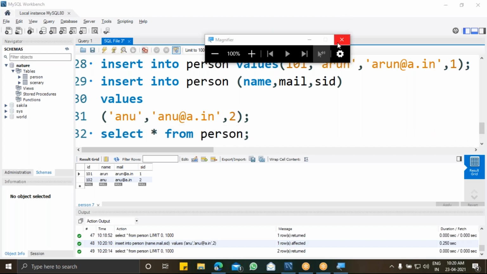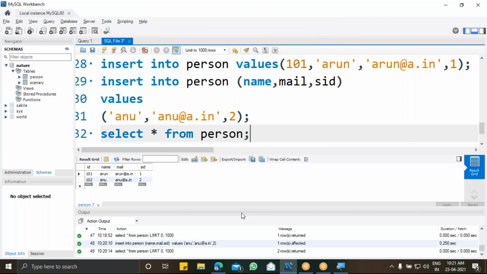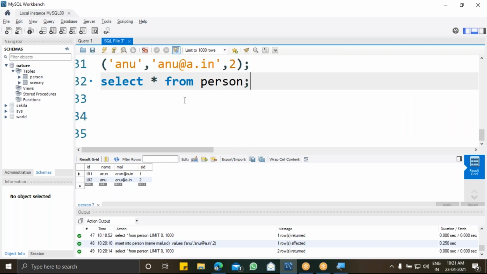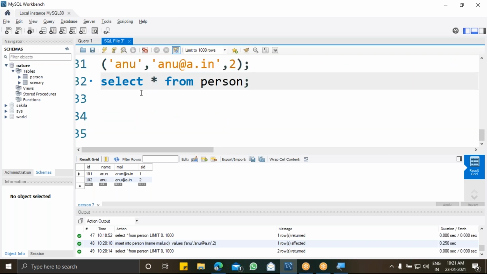Do you want an example for alter table? Okay, let's see an example of this.